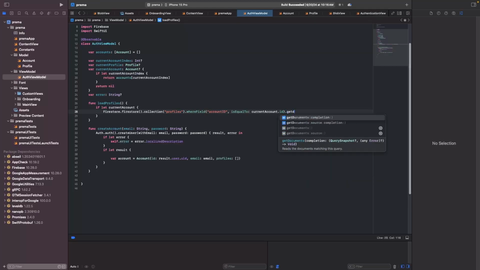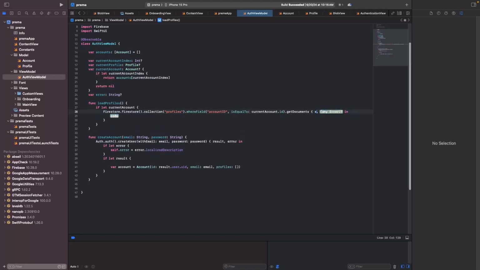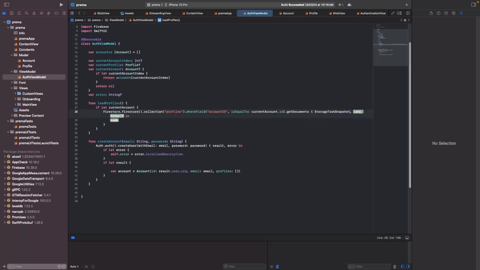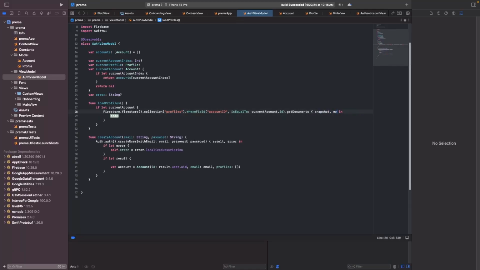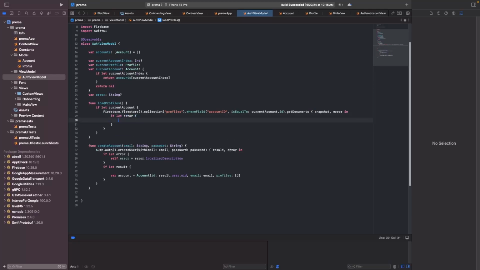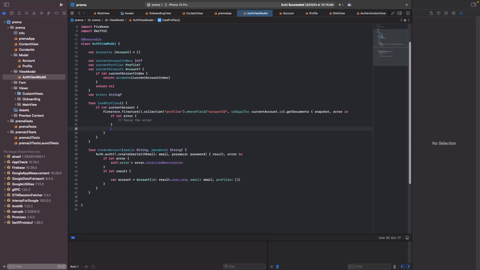Again, we want to say dot get documents. Now you could do a listener on this, but for now we should be fine with the get documents. If we ever need to swap, we will swap. So we're going to do snapshot, and then again error, and like I mentioned earlier, you want to handle your errors first. So if let error, and we go ahead and parse